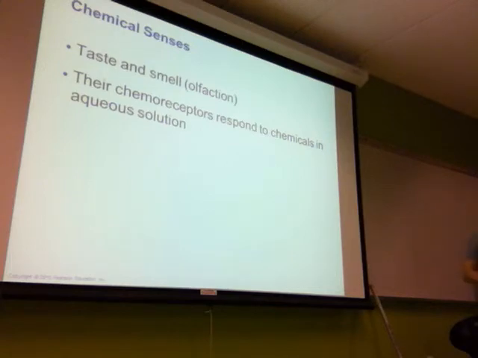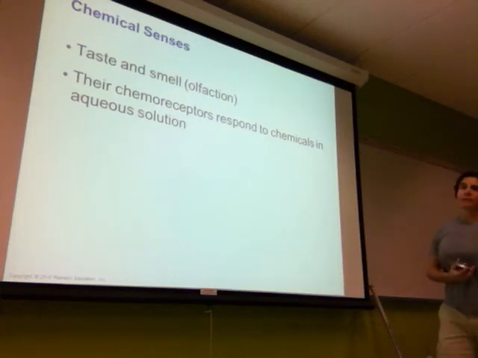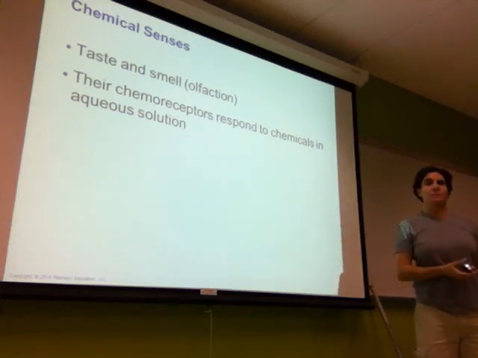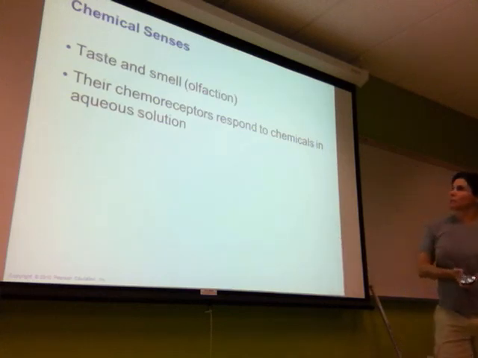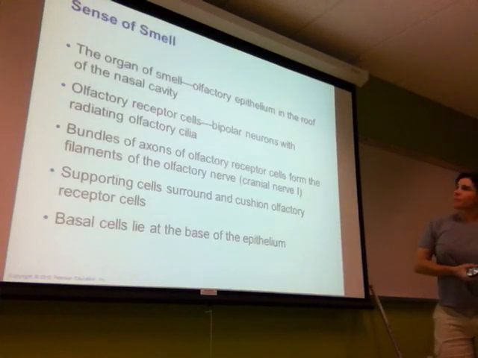Yay. Then, chemical senses. Chemical senses, these are your chemoreceptors. Chemoreceptors receive chemicals. So this is going to be the stuff related to taste and the stuff related to smell. So chemoreceptors are one of the big keywords here. Okay? So your sense of smell has to do with these